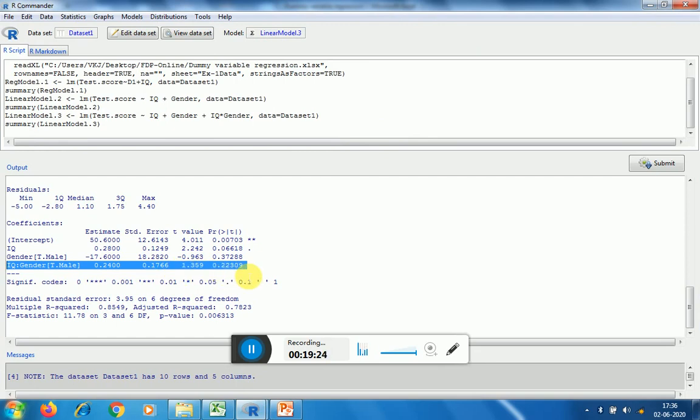and hence there is no point in taking the interaction effect into consideration, because this particular effect is not at all significant. Now, if it happens in some model that this value also comes to be significant, this also, and the intercept is also significant, then it may happen that your interaction effect is significant and gender is also significant.